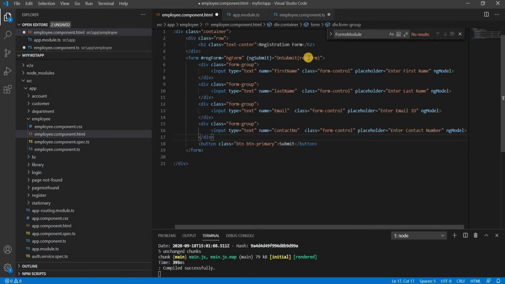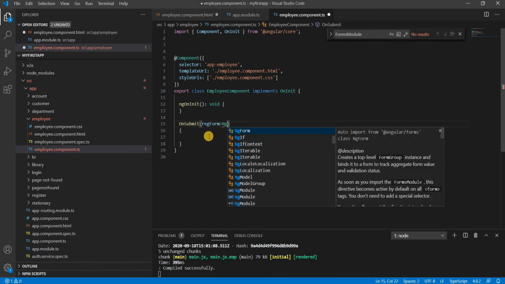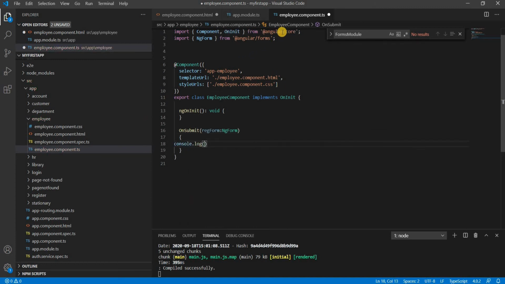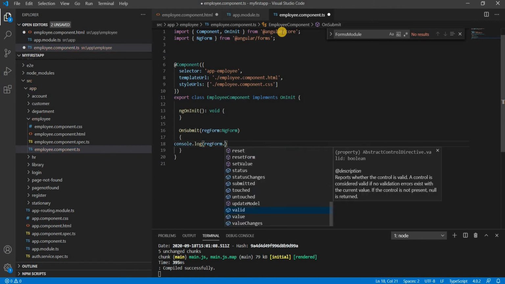And as we mentioned here regForm, which is exported from ngForm, we have to mention ngForm here. Now we can check this with console.log regForm.value.